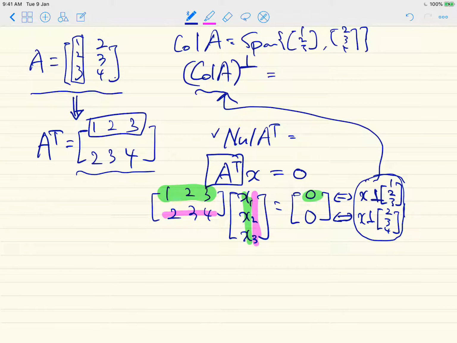And what is our original W? W is the span of these two, right? So suddenly, the perpendicular of the column space of A, okay? The orthogonal complement of the column space of A is equal to the null space of A transpose. Does it make sense? Because by definition, yeah, we have to